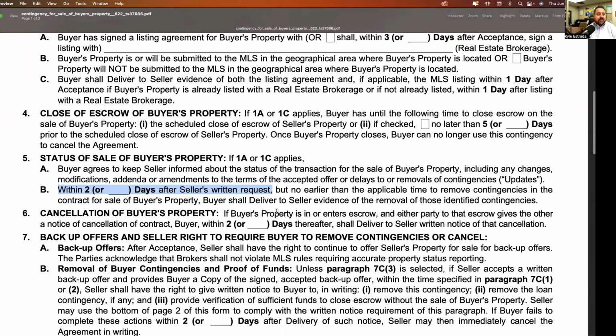If the buyer's property is in or enters escrow and either party of that escrow gives the other a notice of cancellation of contract, buyer within 2 days thereafter shall deliver to seller written notice of that cancellation. We have to tell them if it canceled. The reason that I think that's important is because